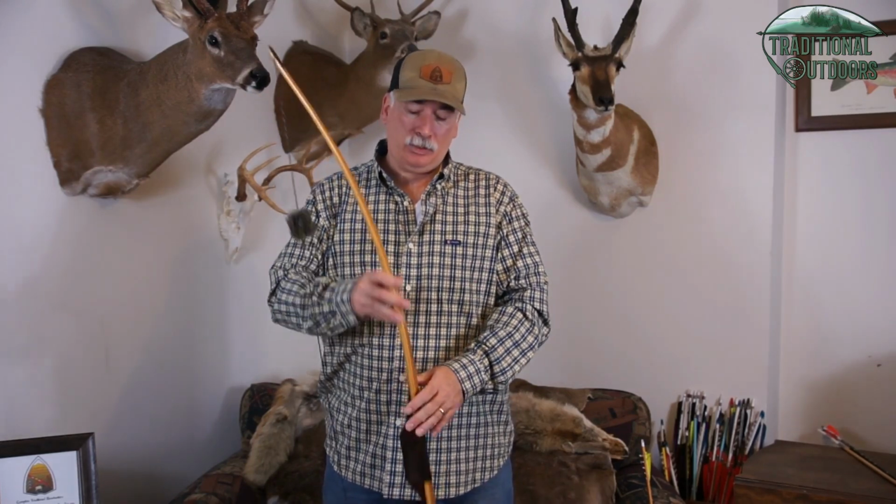The second thing you'll hear is bow arm. What's your bow arm? If you're a right-handed shooter like I am, then your left hand, your left arm is going to be your bow arm. If you're a left-handed shooter, then your right hand or right arm is going to be your bow arm. And that just means that this is the hand or the arm that you're going to hold the bow with. You're going to hold the bow towards the target, and basically you want your upper body to form a T,